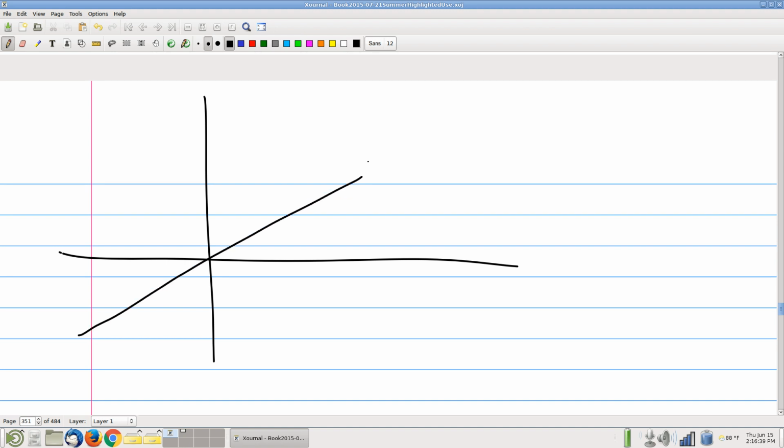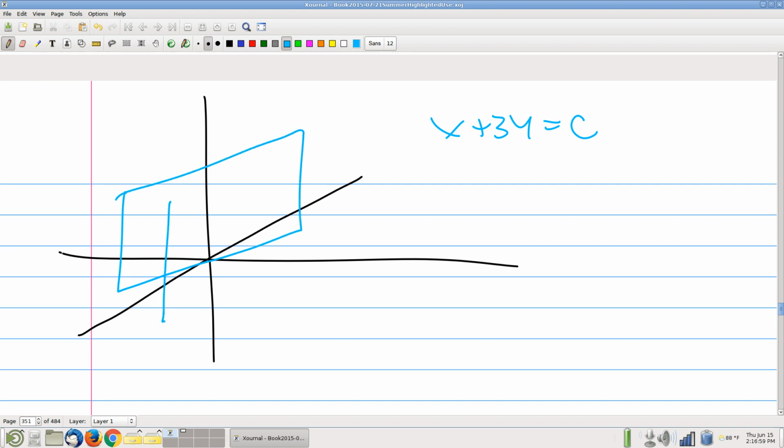So x plus 3y equals various constants. I can see the normal vector, right? 1, 3, 0. So we've got a bunch of planes that look like this,